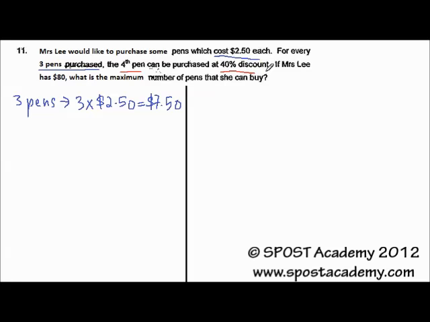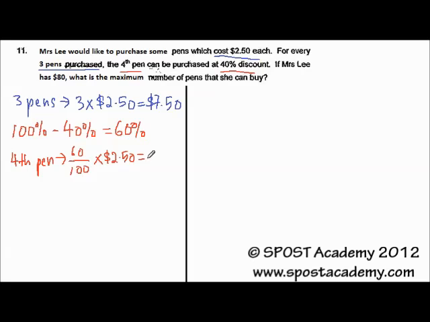So we need to find the amount that she needs to pay for the 4th pen. So 100% minus the 40% discount is equivalent to 60%, which means that for the 4th pen she will only pay 60% of the original amount. So the amount that she needs to pay for the 4th pen is 60 over 100 times $2.50,